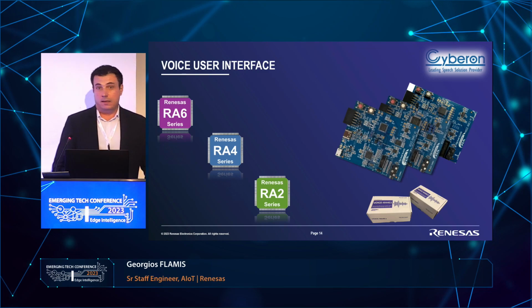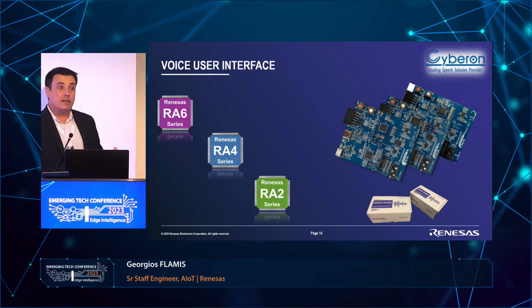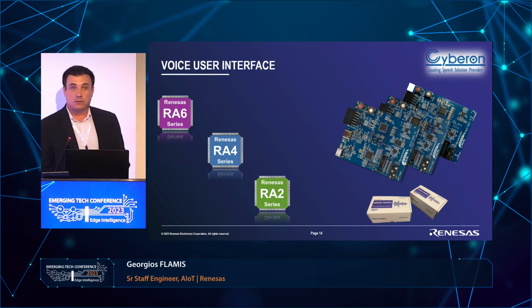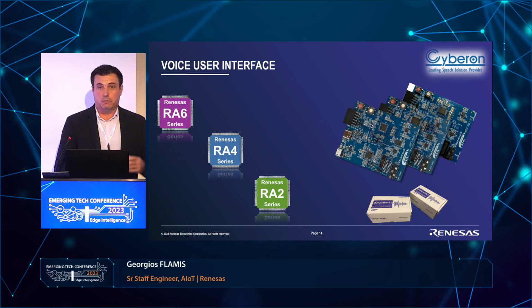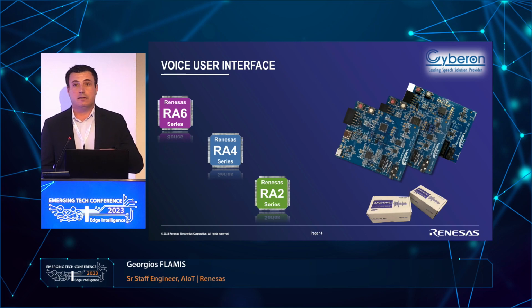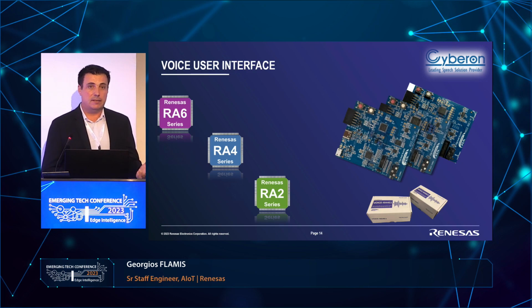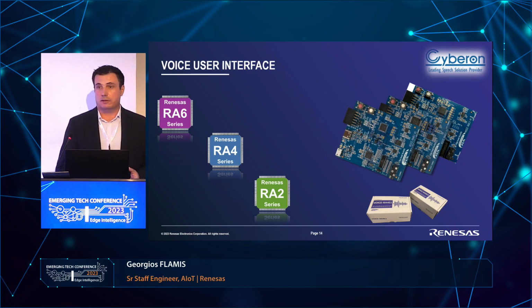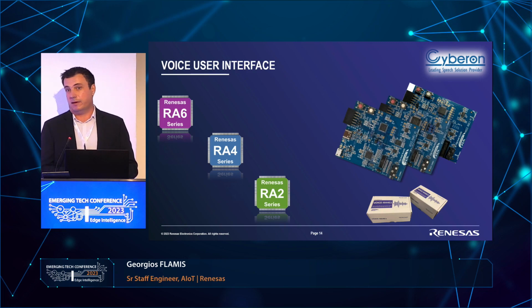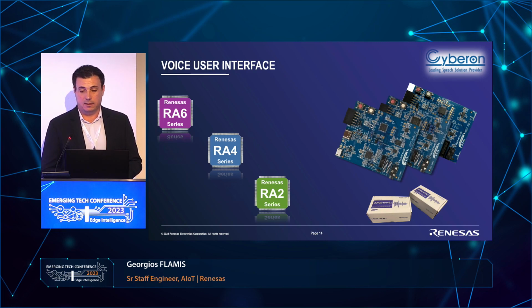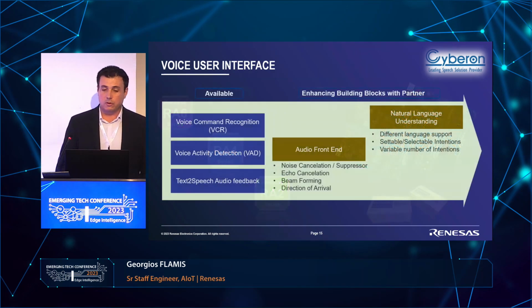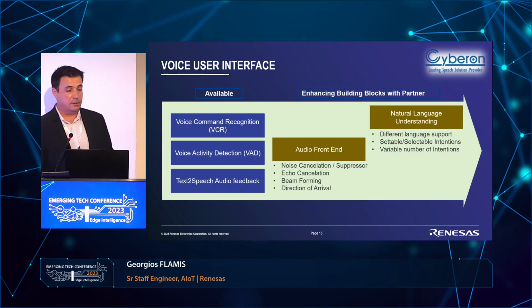In fact, talking about the Array 2, this is the demo that we have outside, the smallest device available today in the worldwide market that can do voice recognition or voice command recognition. This is based on the ARM Cortex-M23, one of the smallest parts of the family, and runs at just 48 megahertz operation. What we support over that, and what we have available today, is voice command recognition,